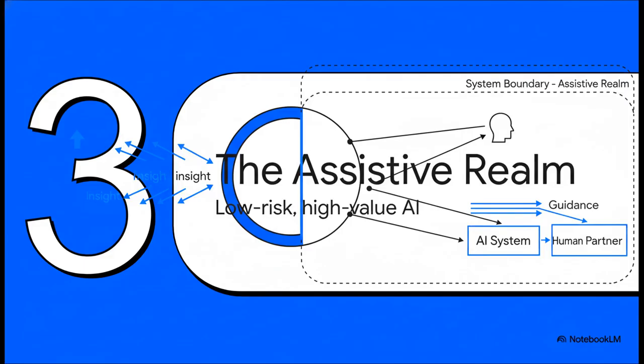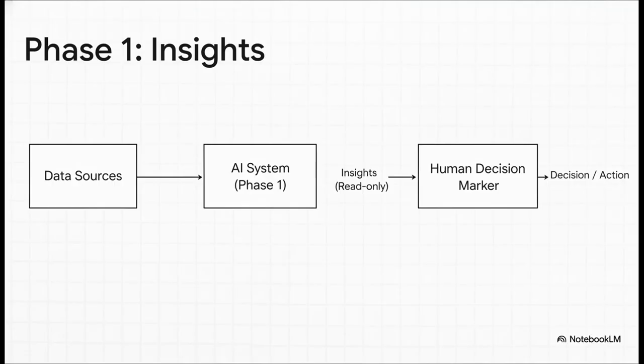Okay, so let's start our journey way over on the left side of the lens, in what's called the assistive realm. Think of this space as where the AI acts like a helpful partner, giving you insights and info without ever taking the driver's seat. Phase 1 is all about exploration. So imagine you're using an AI to summarize some huge, long research paper, or maybe to explain a complex scientific idea. The key here is that the output is purely informational.